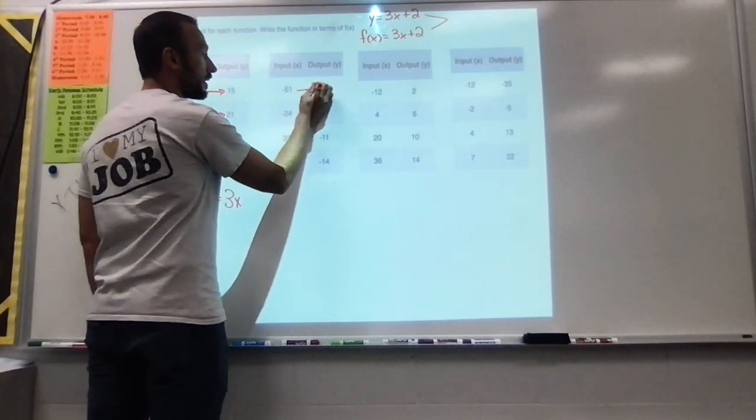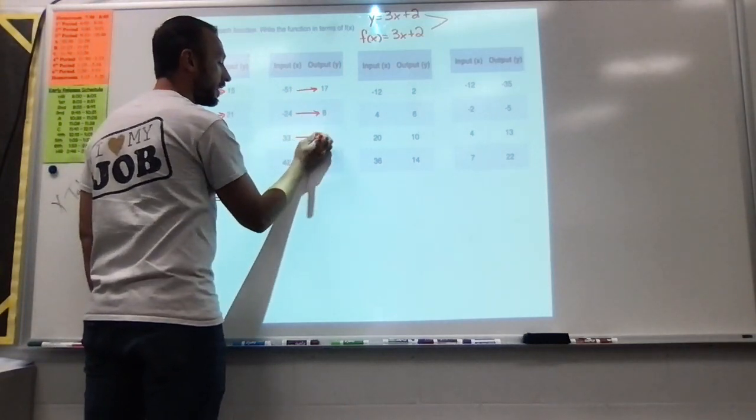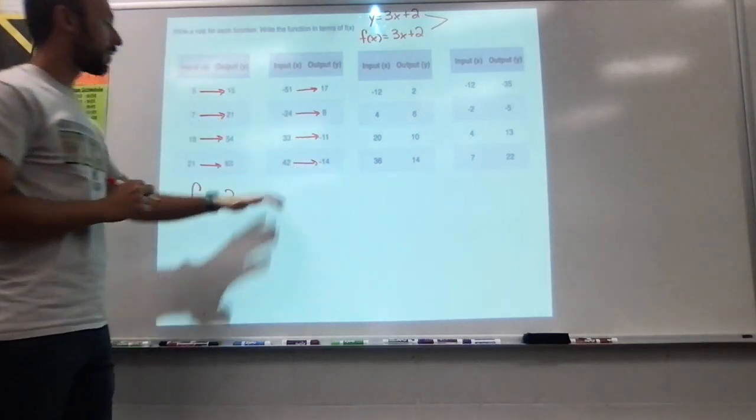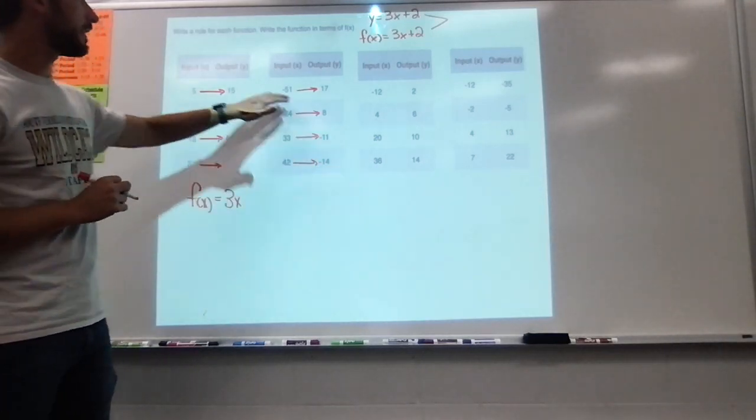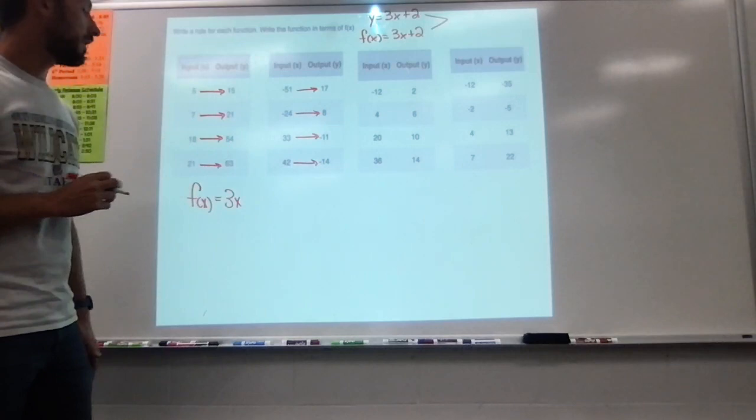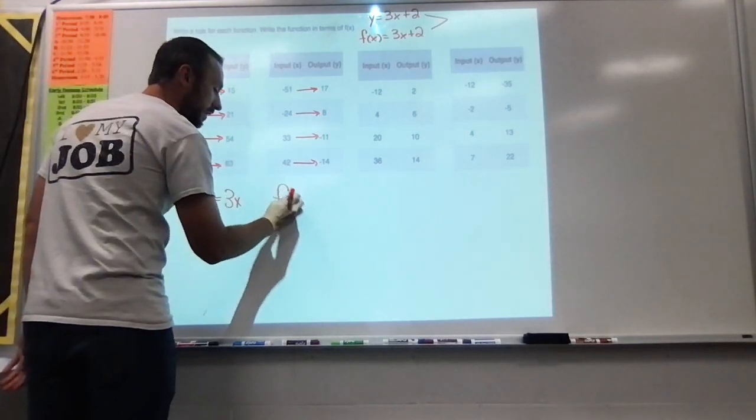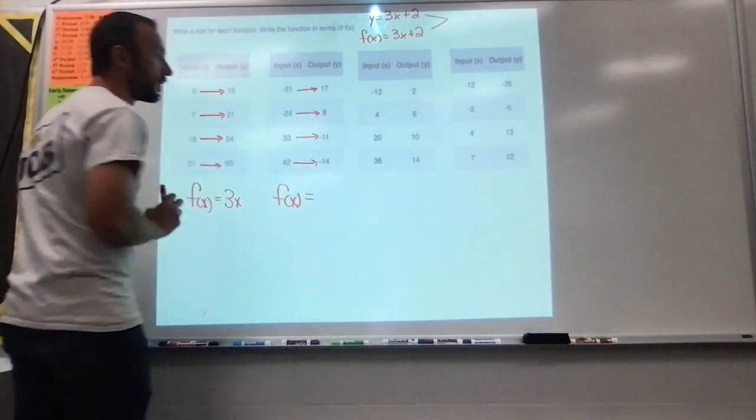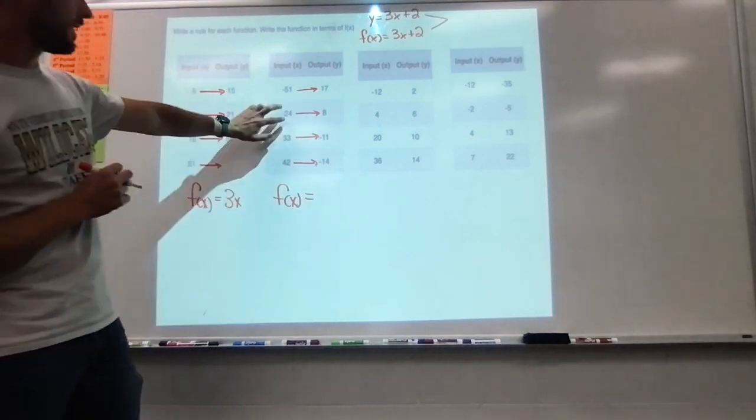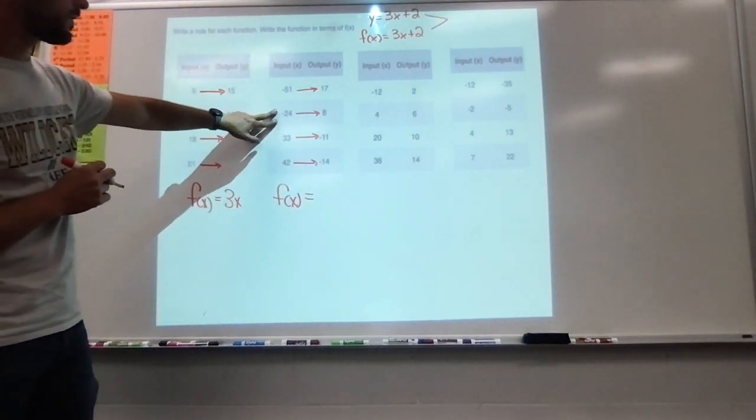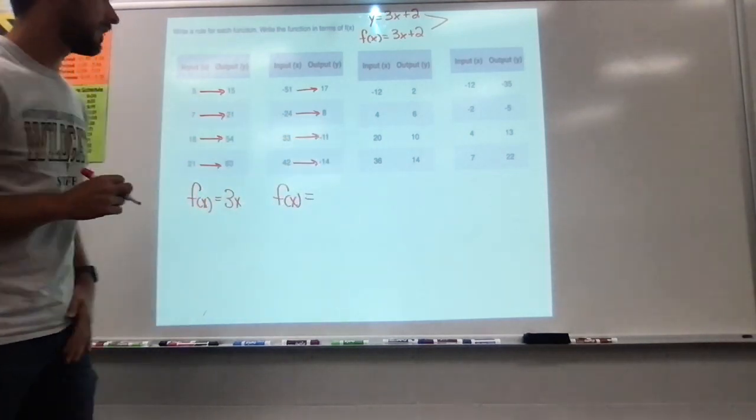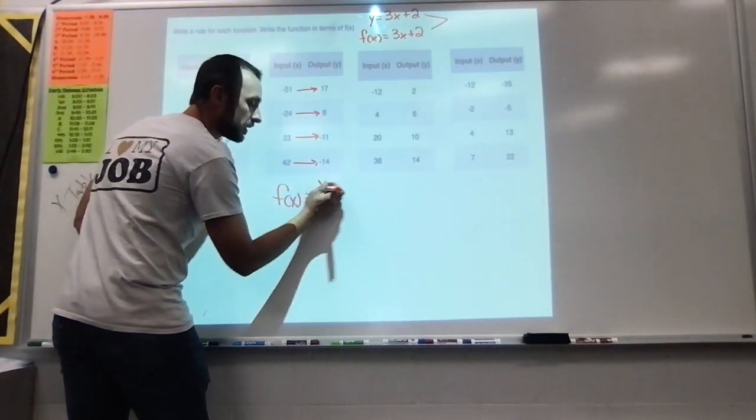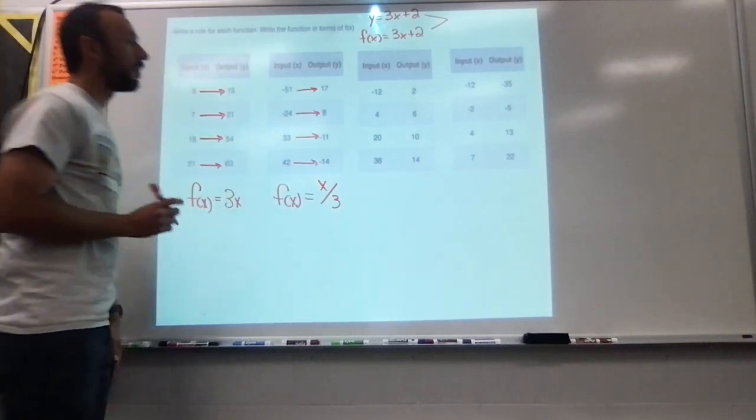On my next one, same thing. I'm looking left to right. I see 42 becomes negative 14. 33, negative 11, negative 24, 8, negative 51, 17. So I know it's going to be f of x equals, I'm seeing these 2 middle ones right here pretty quickly, that 24 divided by 3 is 8, 33 divided by 3 is 11. So I'm going to say x divided by 3, but I'm not done yet,